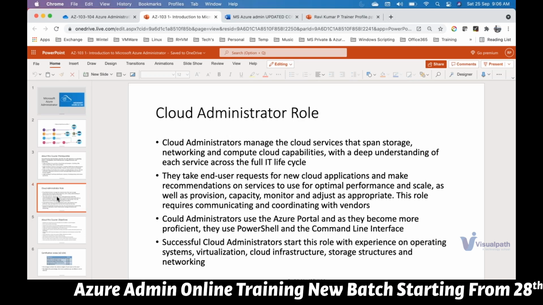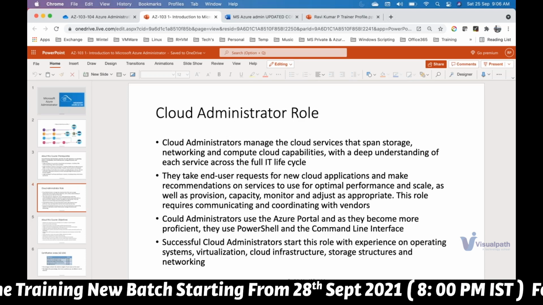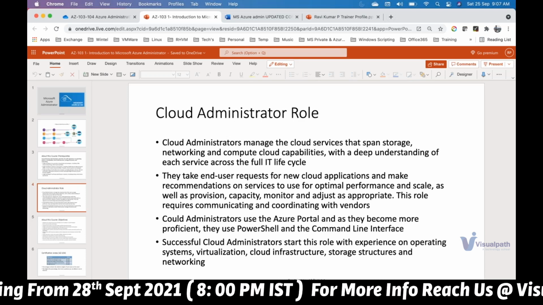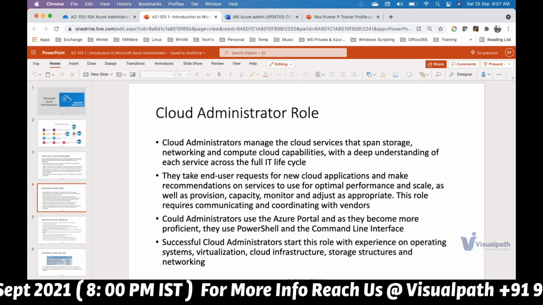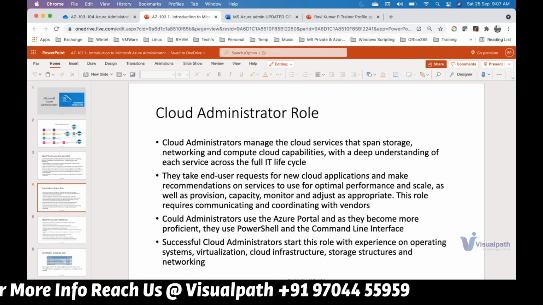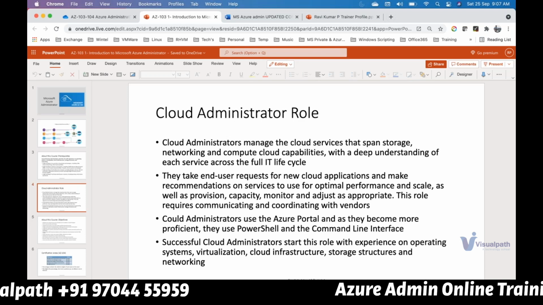All right, so let's move to the next one. So now what I'll do, just try to create one virtual machine in Azure. So let's try to understand how we can host an application, like host a service in Azure, and how we connect and how we manage it, so that we get some idea. And even our lab will be running in the same way.